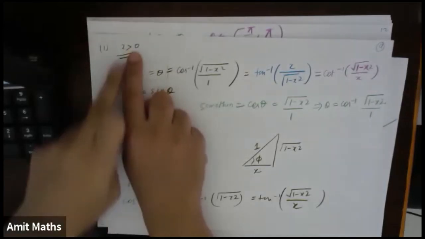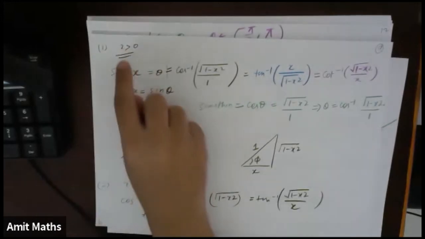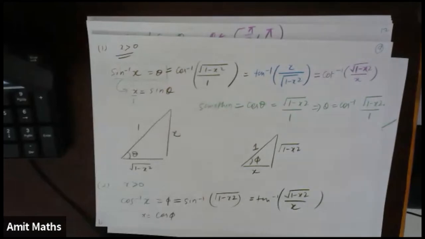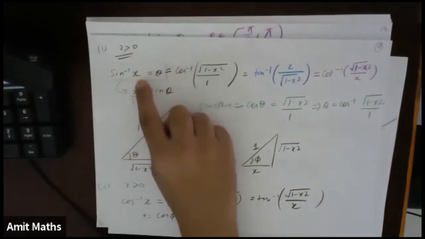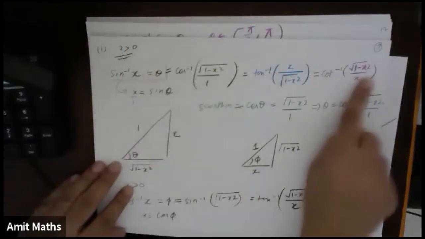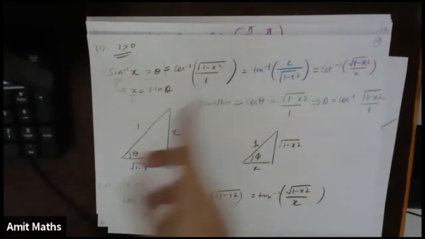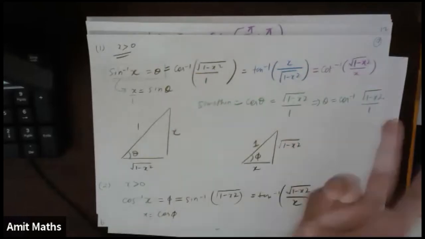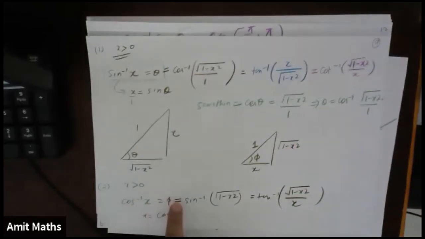Now why are we writing this? Why x is greater than 0 and less than 1 here? Because now the value of theta will lie between 0 to pi by 2, right? So that means theta is in the first quadrant. In the first quadrant, all are positive and all will give the same values whatever is asked for. Understood? So that is why there is no point of adding or subtracting pi or something like that. Same thing for this one. x is greater than 0, less than 1, right? So again in the first quadrant, right?